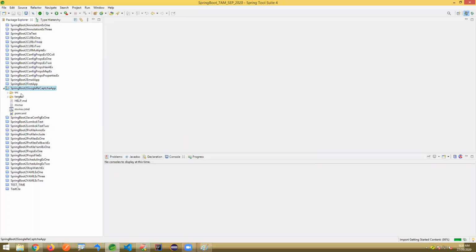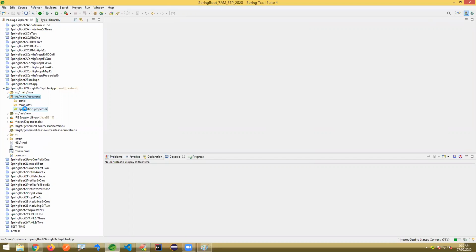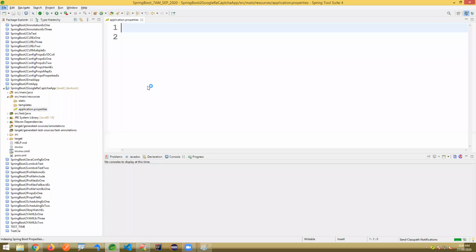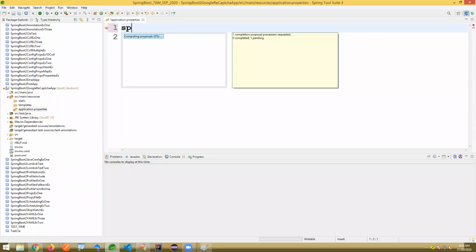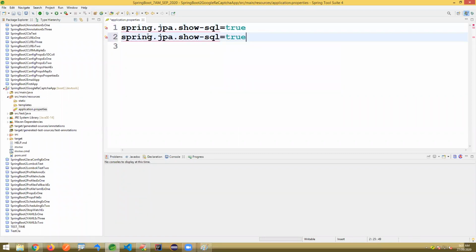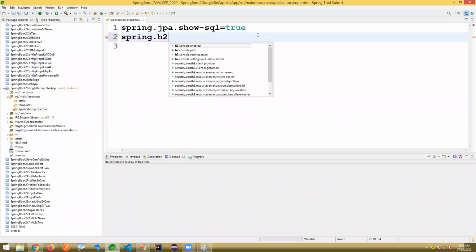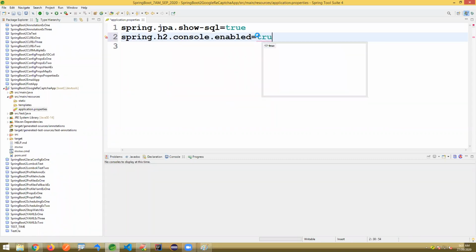Okay, the application got created. Now I'm giving some properties here. I just want to display the SQL query that is generated, so show-sql is equal to true. And even the H2 console I want to see, because it's an embedded database that works in RAM, so I want to enable this one as true.